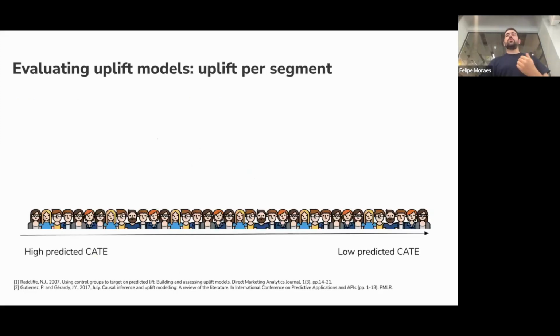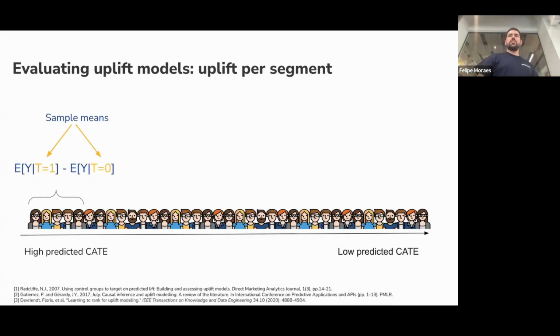But we can do it on an average scenario. So what you end up doing is you train your uplift model, and then for your test data, or validation or training or whatever you want, where you want to measure, but let's say the test set, you sort the instances by their effect. So the one that has the highest prediction, so one promises to have 100% uplift or conditional average treatment effect, you put them to one side, and the ones that have the lowest, you put to the other side. You sort them in this way.